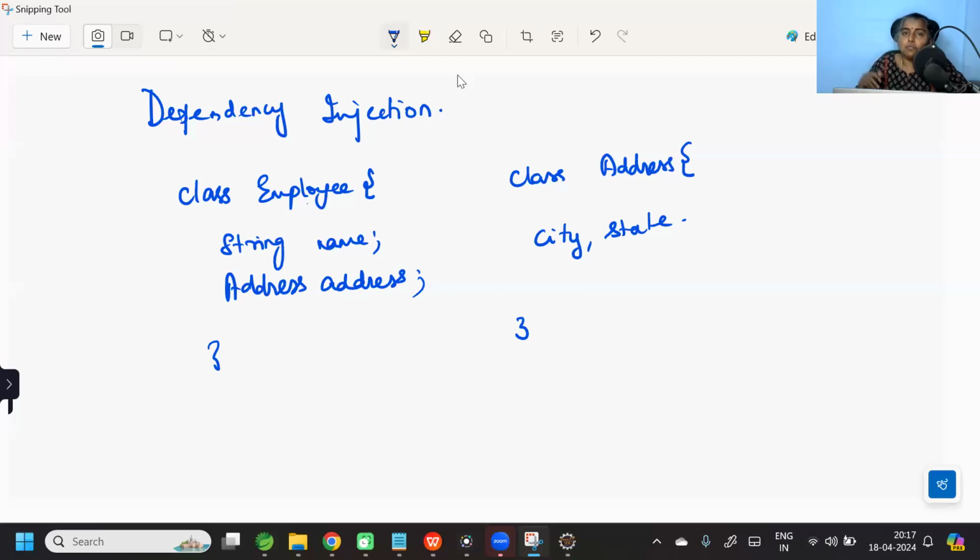If I have to work with my laptop, I need a mouse. So my laptop is dependent on the mouse. Earlier, it was a wired connection. Now it is wireless. It means it is loosely coupled. Got it? Similarly, here I have got the Employee and the Address class. Now, how do you create and how do you work with it? Say, for example,